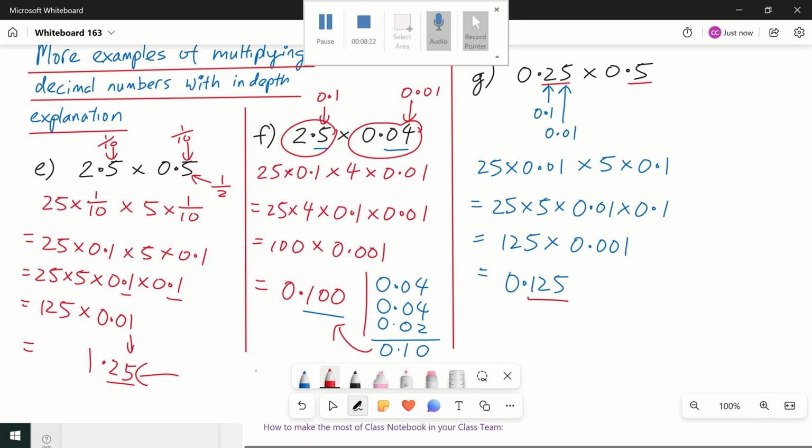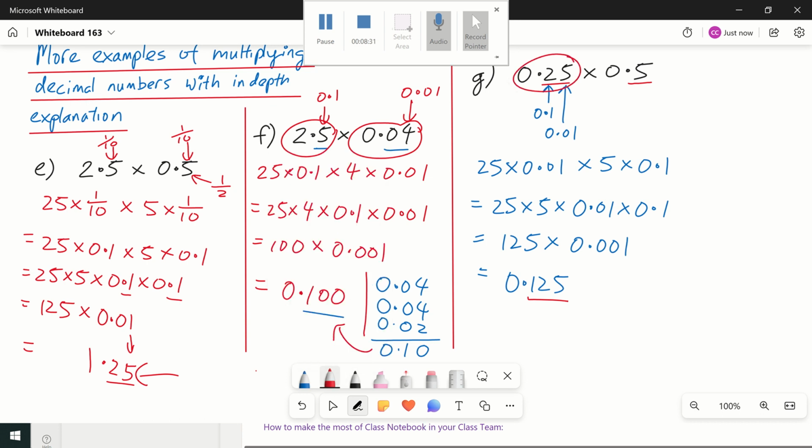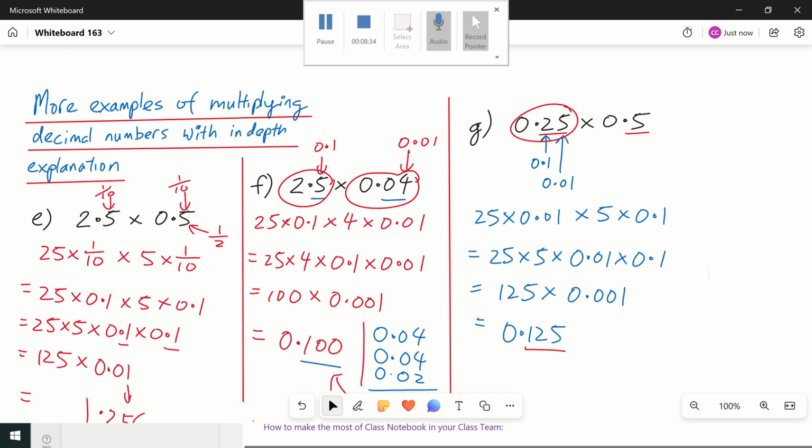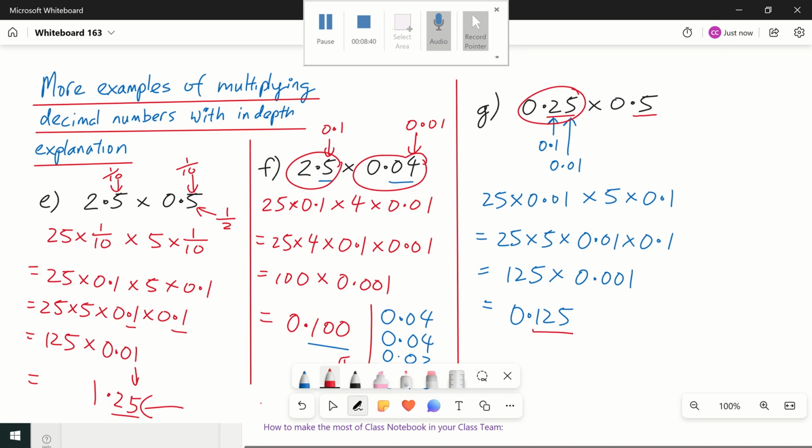And over here, for G, we have 0.25. Now 0.25, you can see, is actually a quarter. And 0.5 is half. So if you take a look, what is half of a quarter? Half of a quarter is 1/8. So that is 1/8. And if you divide 1 by 8,